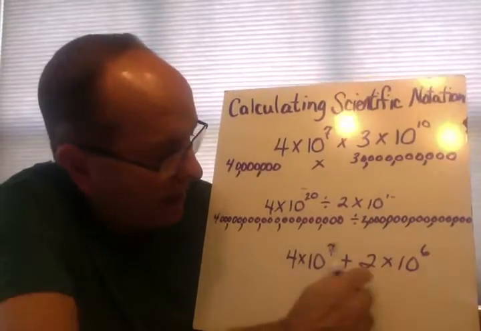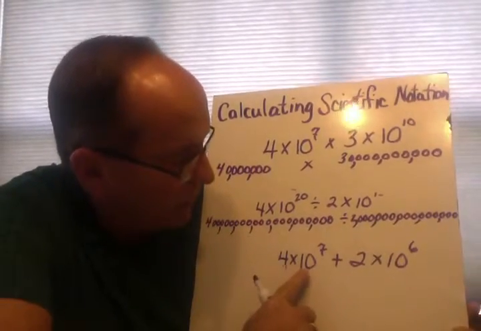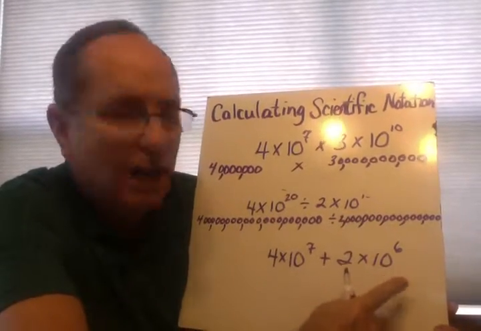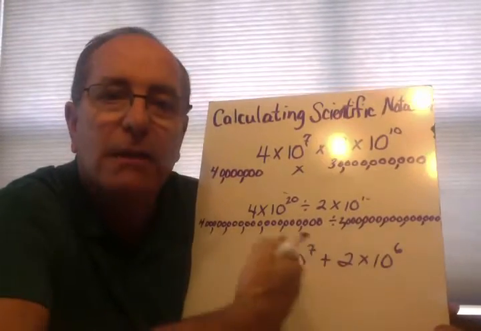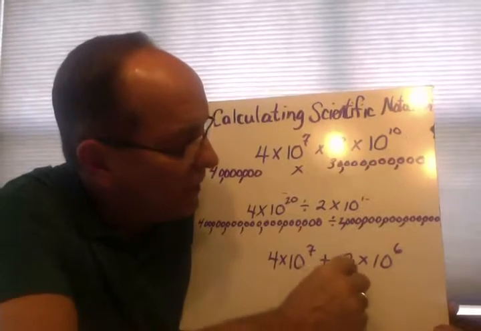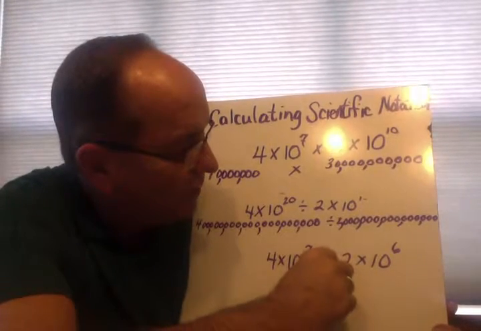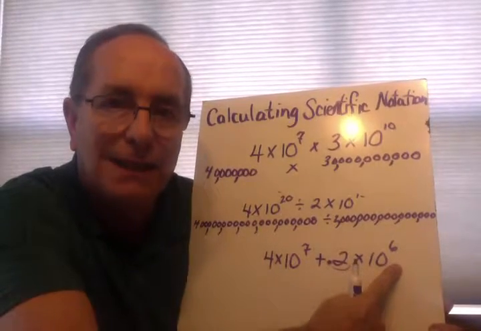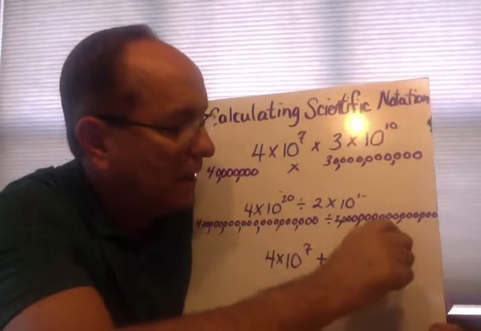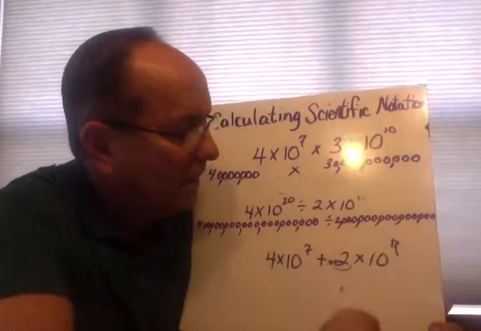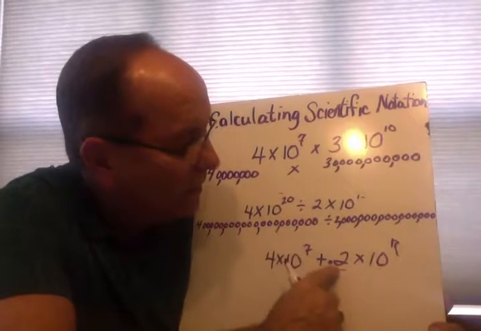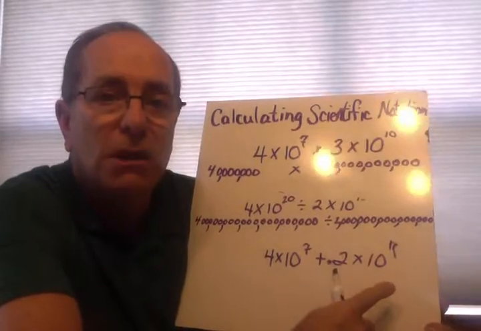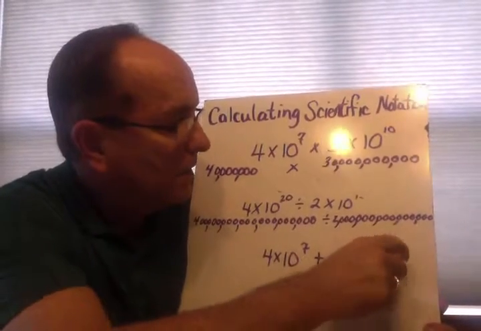If I have a number with 4 times 10 to the 7th, and I have this one, 2 times 10 to the 6th, how do I get these the same? Well, I can move the decimal. So what if I move this decimal one place and put it over here, what did that do to that exponent? It increased it. So now I have 10 to the 7th here, and I have 0.2 or 2/10 times 10 to the 7th. So now all of a sudden I have the same